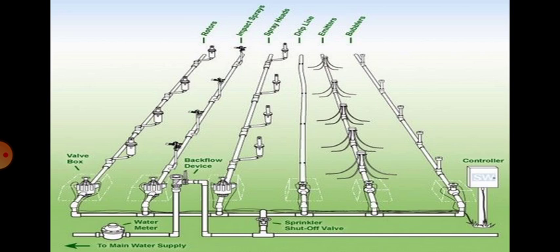As shown in the figure, we will discuss different types of sprayers we install in laterals and sublaterals of a sprinkler irrigation system. The first line of sublateral shows rotors. The second line shows impact sprayers. The third one shows spray heads. The fourth one shows drip line. And the fifth one shows emitters. And the last one shows the bubblers. The controller controls the supply of water in the main head.